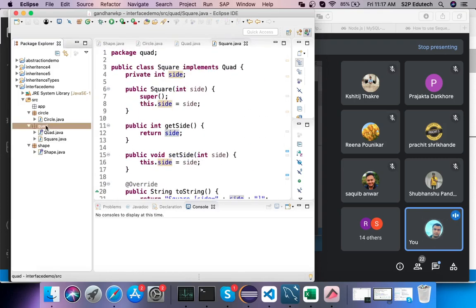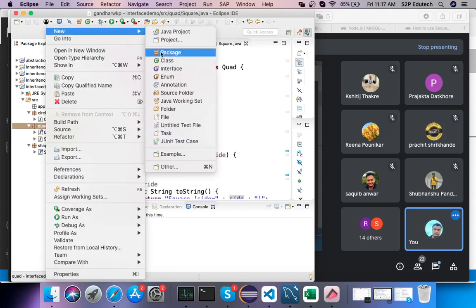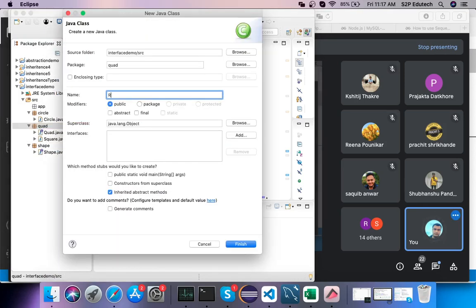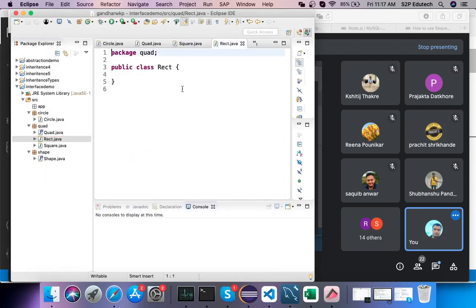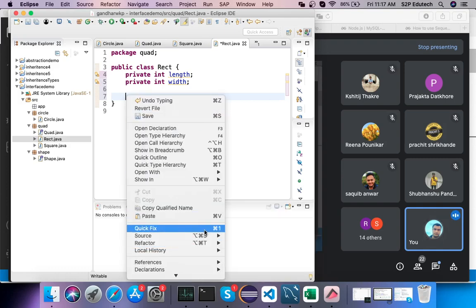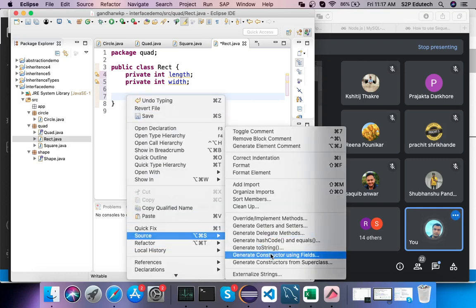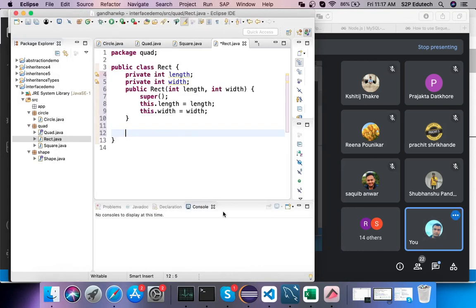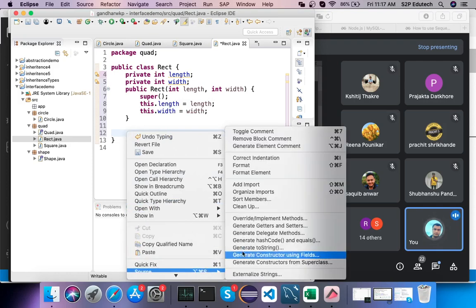Right, in the same way I'll have another class, I'll call it rectangle. Right, inside my rectangle I'll have a private int length, another private int width. Right, then I'll generate a constructor using fields. So I'll say source generate constructor using fields. Then next I'll generate getters and setters.